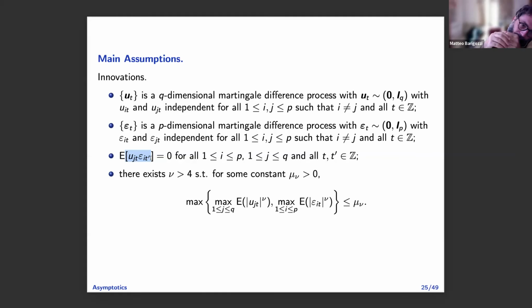And then the last assumption is the existence of fourth moments, okay? We do not make other distributional assumptions. So nu will be the number of moments that we allow for. 4 plus epsilon will work for our theory. Now, all our rates will depend on nu, so you can track this behavior in the rates. And if in those rates you put nu equal to infinity, like a Gaussian, you will see what happens, okay?